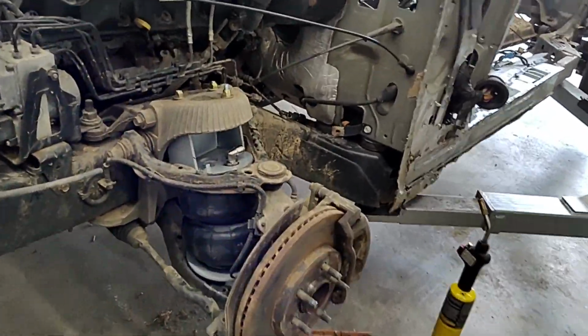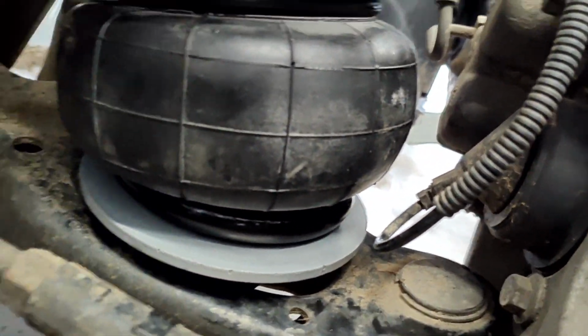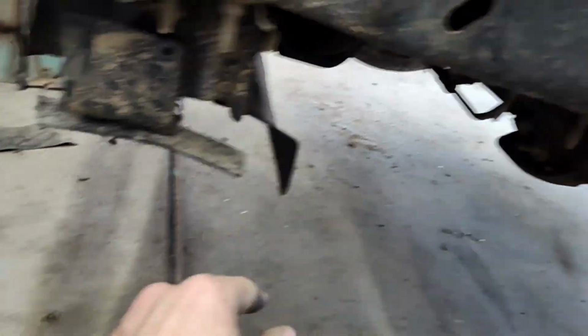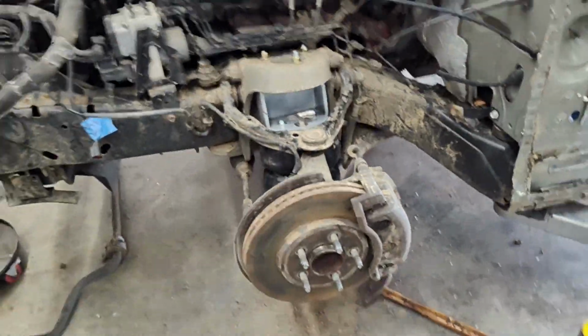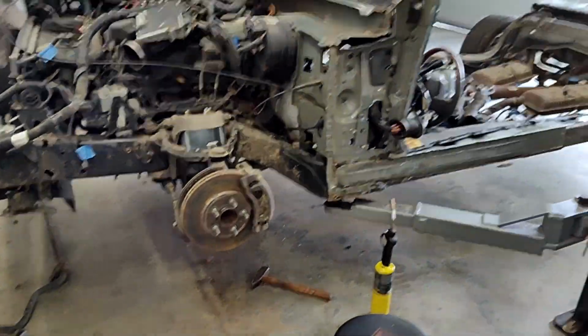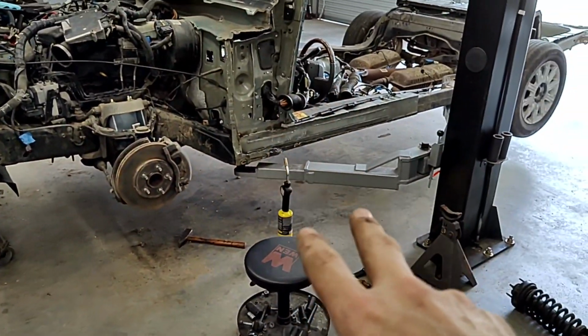Okay, everything's back installed. She fits in there nice and smooth. Here's everything except for that bar right there I was talking about, where it comes in and it kind of pokes into it. But we'll deal with that later. So she's sitting good. We're going to put the wheel back on, lower the lift down,